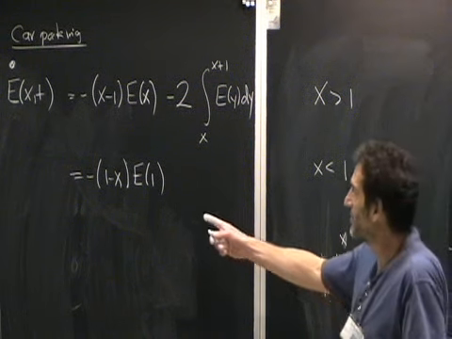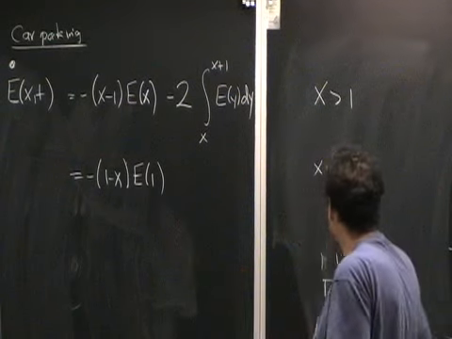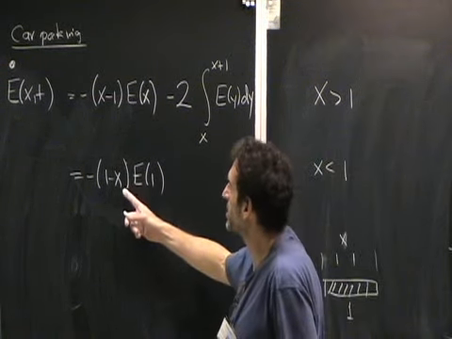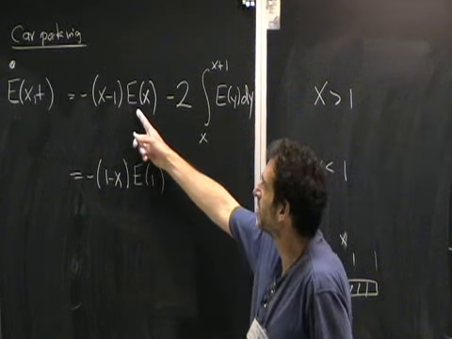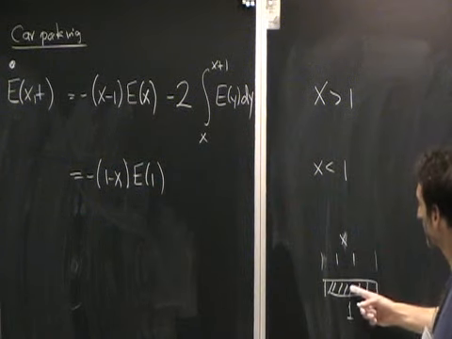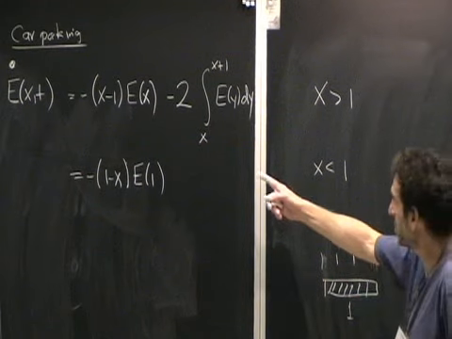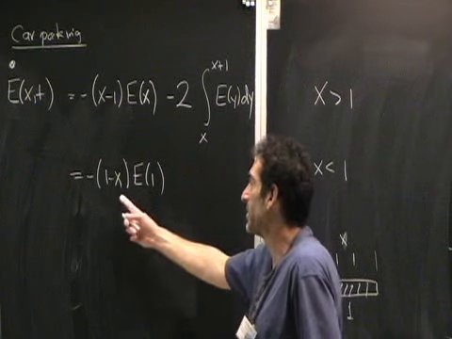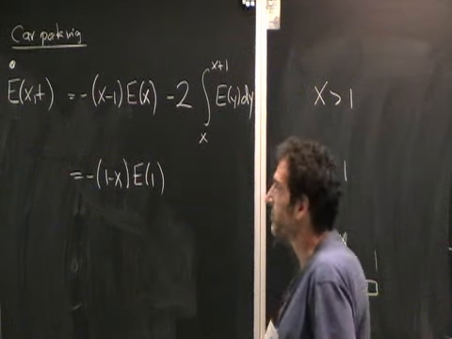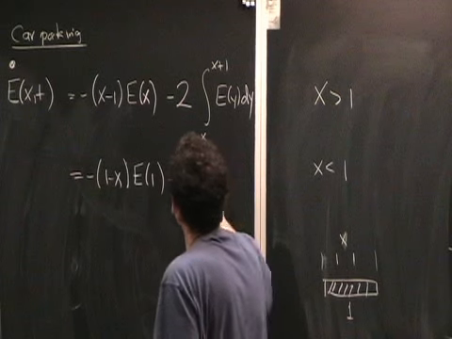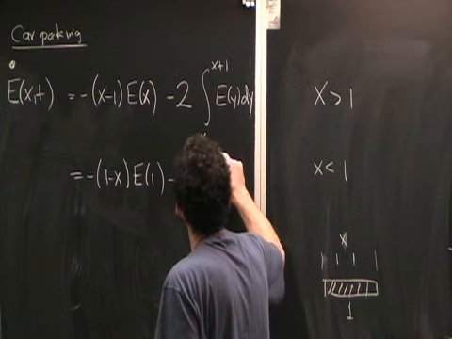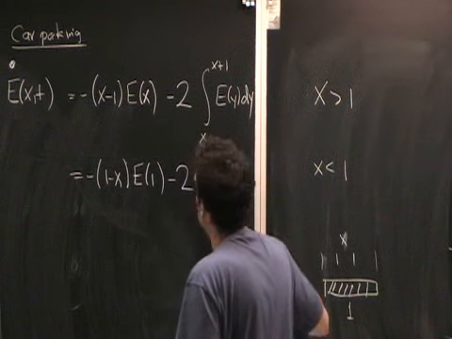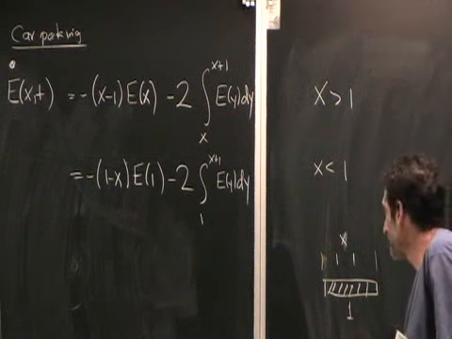In order to have that, we must have an E(1). Roughly speaking, in terms of a pictorial representation, this first term is essentially the same as that term, except you interchange the role of the car and the space. In the first case, the space is bigger than the car, and we got that. In this case, the car is bigger than the space, and you just interchange the roles of x and y. Similarly for the last term, you just interchange the roles of x and 1. So you get the integral from 1 to x plus 1 of E(y) dy. So those are the master equations for this process.